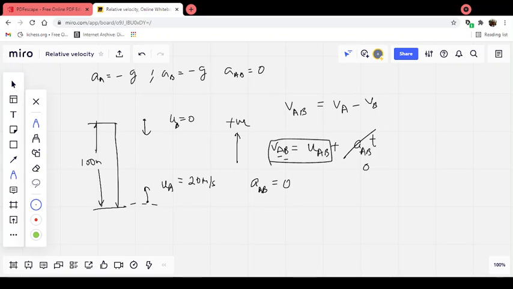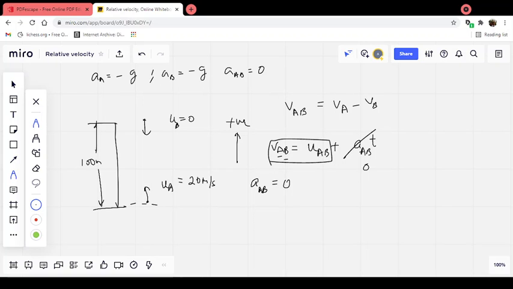That means when you see ball A coming towards B, its velocity won't change at all throughout the complete motion, unless ball A or ball B first hits the ground. That is the motion you would be observing, and that is what we are trying to learn: when ball A and ball B have the same accelerations, their relative acceleration becomes 0, and since relative acceleration is 0, their relative velocities won't change.